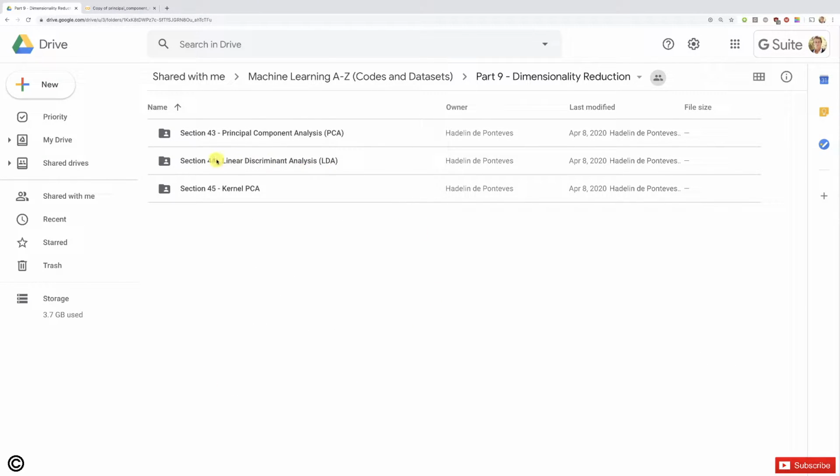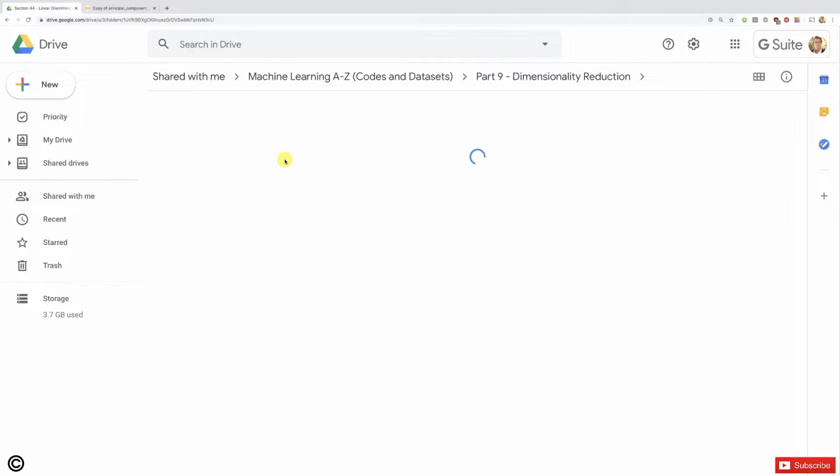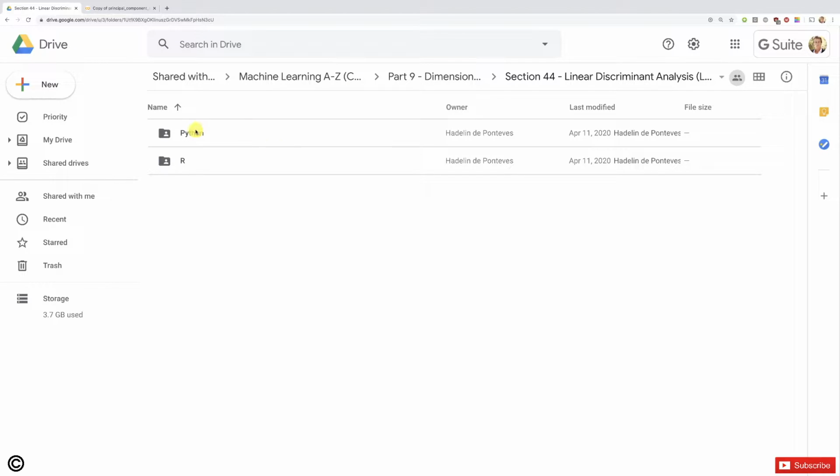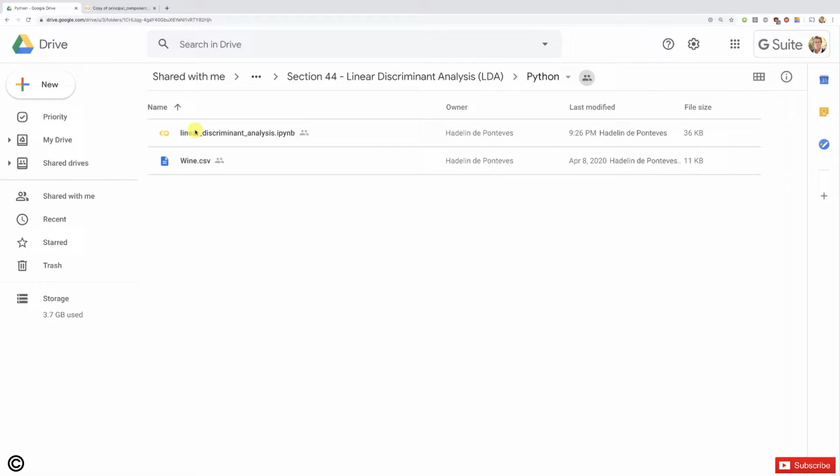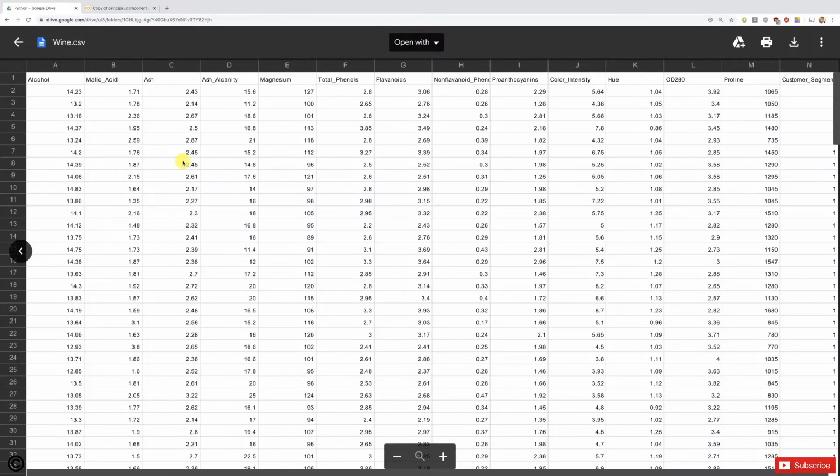And now we're going to go into section 44, Linear Discriminant Analysis, LDA, which will be a new technique of dimensionality reduction, very powerful as we will see. So let's start with Python as usual, and there we go. This folder, just as the previous one, has two files. This is the implementation, and this is the same wine dataset, which belongs to a wine shop business owner who